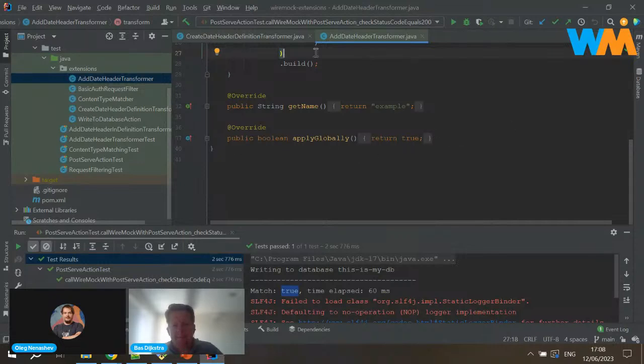And in this case, you can also set a flag for this extension to apply it globally, or require the user to apply it for each individual stub for a response definition. That's the word I was looking for.